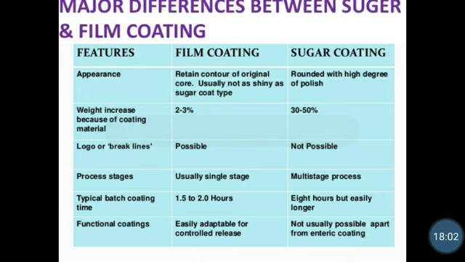Then the next point from this tablet chapter is the manufacturing defects in the tablet. So up to this we have seen the formulation of tablet. In that we studied the different types of excipient used for the tablet processing. The next one is we saw the granulation or the type of granulation processes. Also we studied the tablet compression process and the different machines used for the tablet compression. The next one is we saw the coating of tablet. After this we will see the manufacturing defects in the tablet.